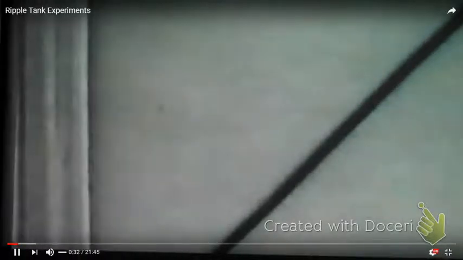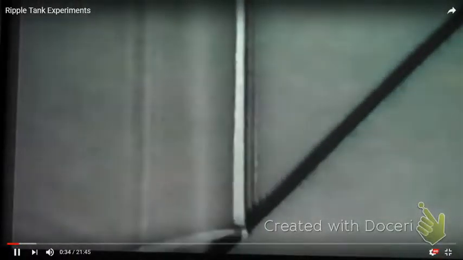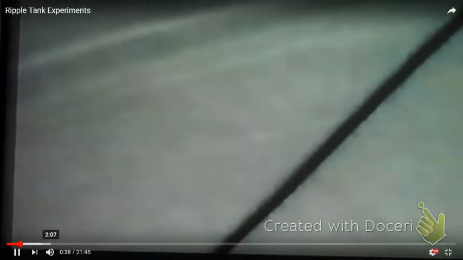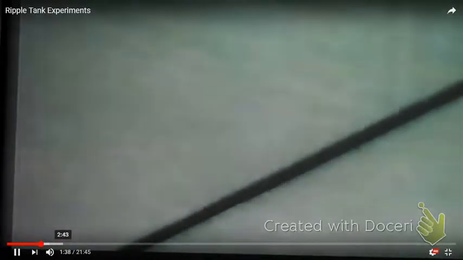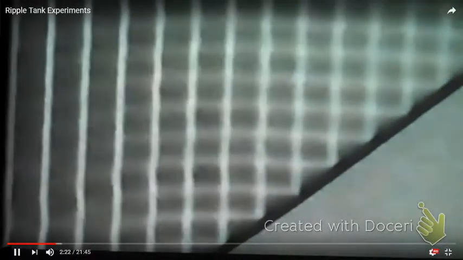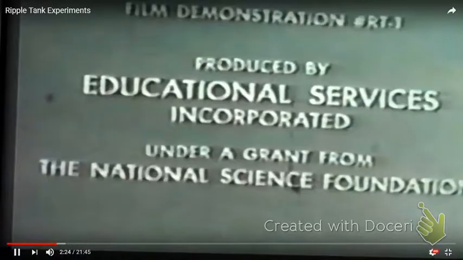So this is reflection off a surface here. Some waves come in, and you see they bounce and they go off like that. Let's jump ahead. Again, there's a reflection taking place. This is not the one I was thinking of, but it'll be all right. Okay, we get the idea. It's a family of them bouncing off.